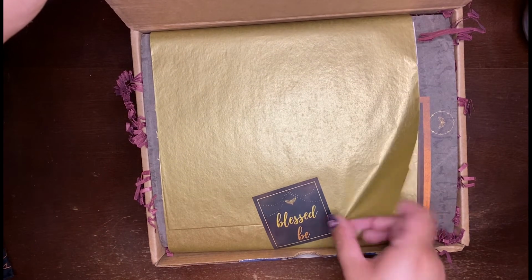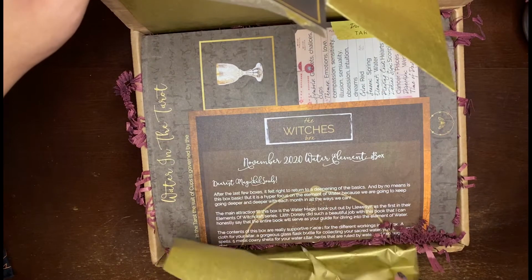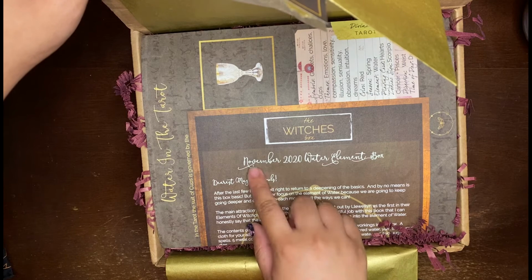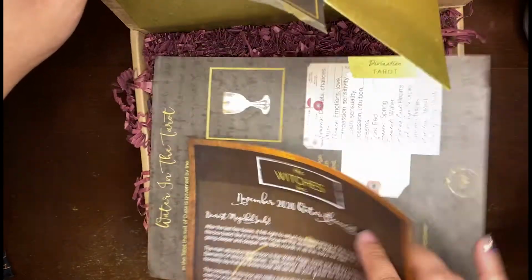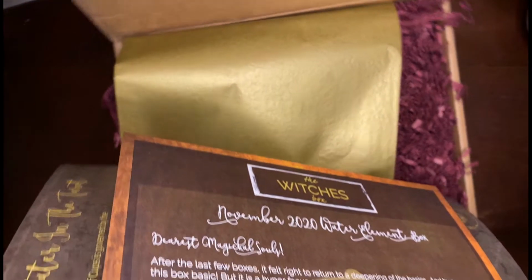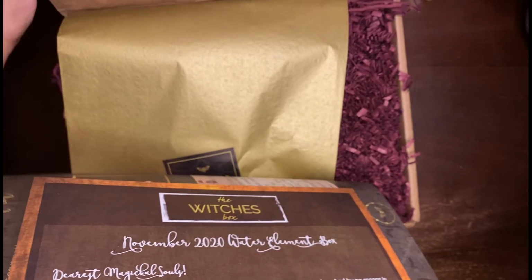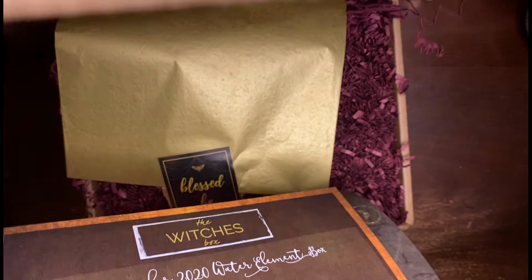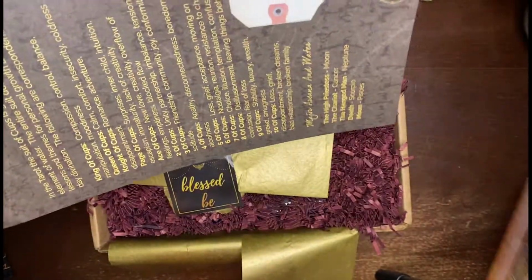So we've got our little sticker, little tissue paper, all the fancy stuff. Alright, the Witches box, November 2020, water element box. So, let's see what we've got here. Oops. Ooh, that was a jar. There we go. Maybe that'll work. Well, we'll see. November 5th, Witches Element box, and for the Witches Element box, we've got Water in the Tarot,